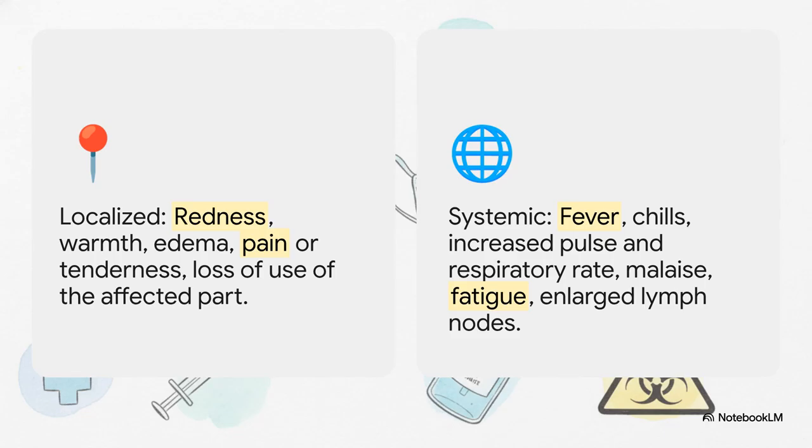This is a classic nursing school comparison, and you'll see it every single day in practice. Localized means the fight is happening in one specific spot. Think of an infected paper cut. You'll see all those classic signs right there. But systemic, that means the infection has gone mainstream, it's body-wide. And that's when you see those generalized things like fever, chills, and fatigue, because the whole body is now involved